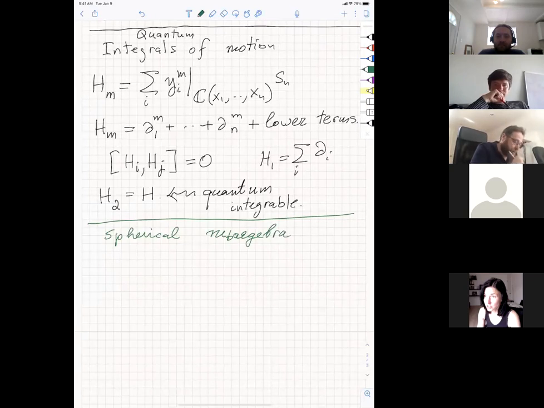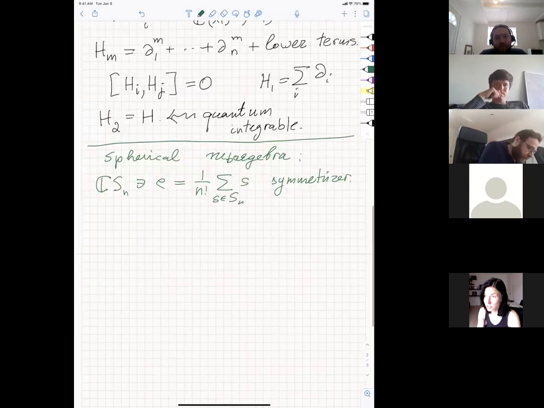So the spherical subalgebra is the following thing. In the group algebra of the symmetric group, you have this symmetrizing idempotent E, which is 1 over n factorial times the sum over all elements. So this is the symmetrizer. And of course this is an idempotent, so E squared equals E. And then you can define the algebra E